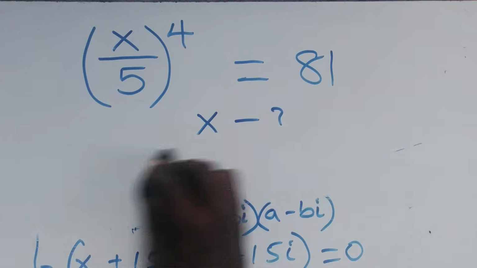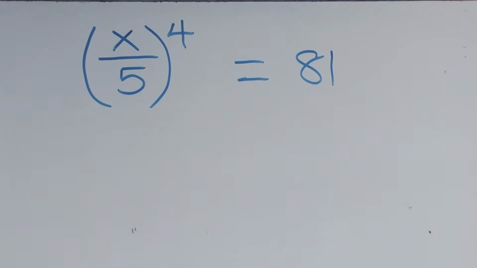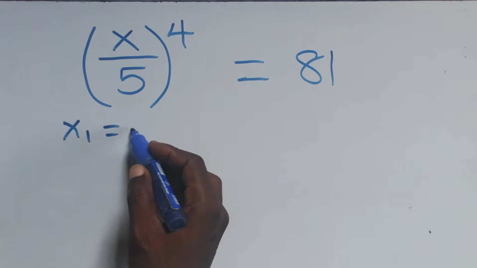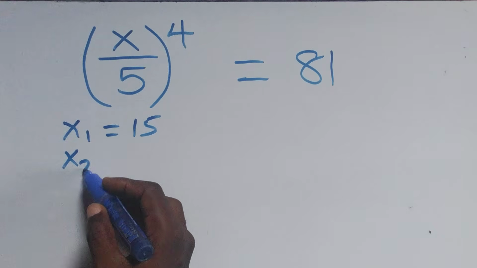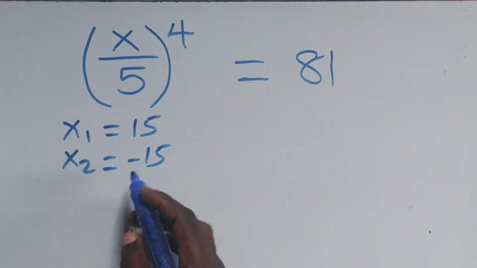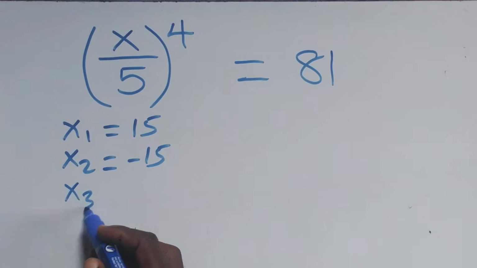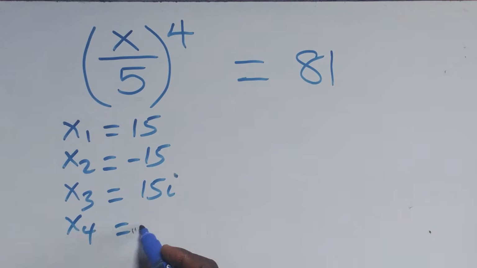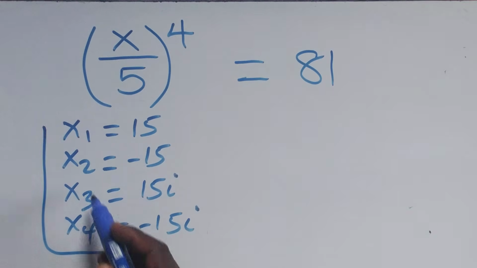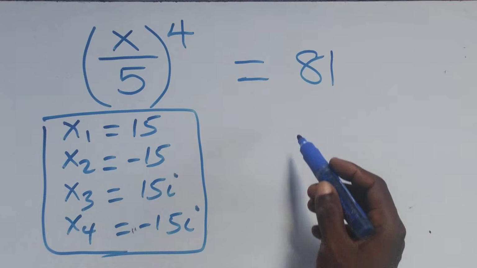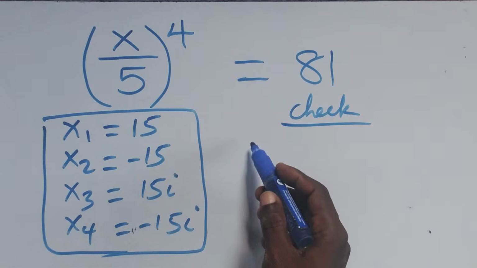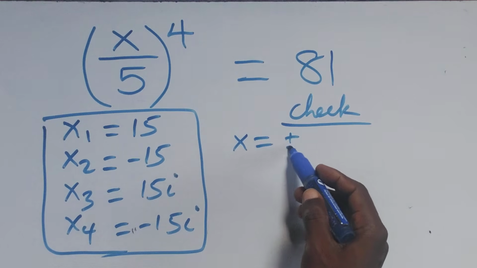That is, we have x1 on the real, which is 15, x2, also the real solution, minus 15. We have x3 as 15i, which is complex, x4 as minus 15i, which is also complex. We have four solutions, two real and two complex. Then we can check if they satisfy this given problem. When we have a solution, that is x equals plus or minus 15,